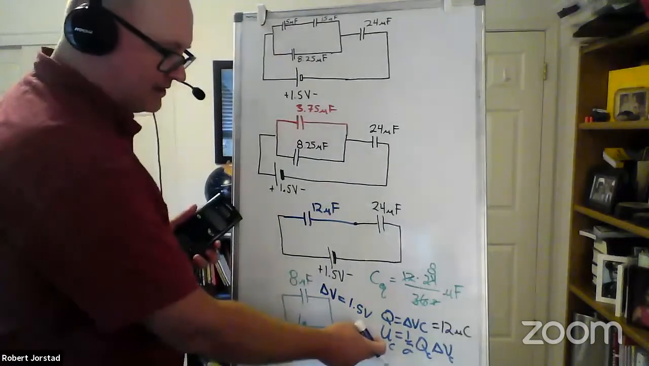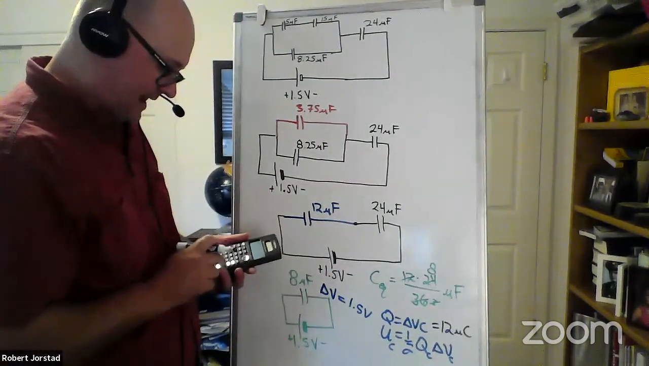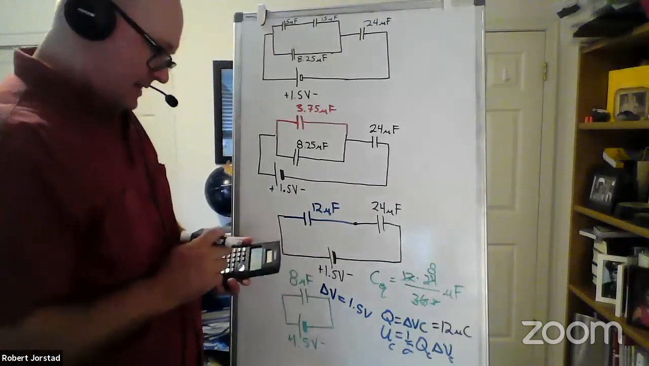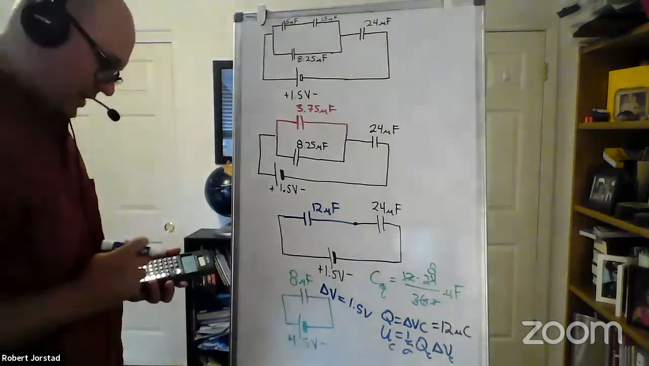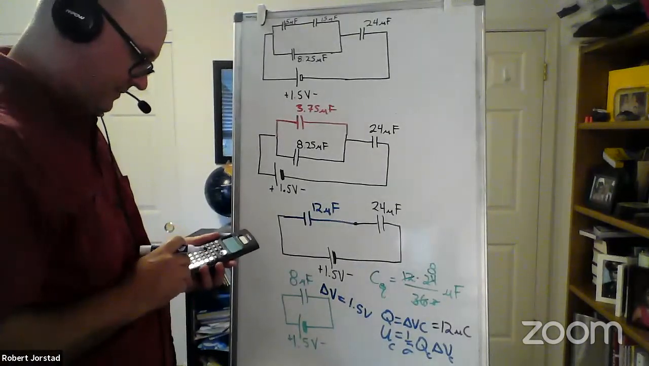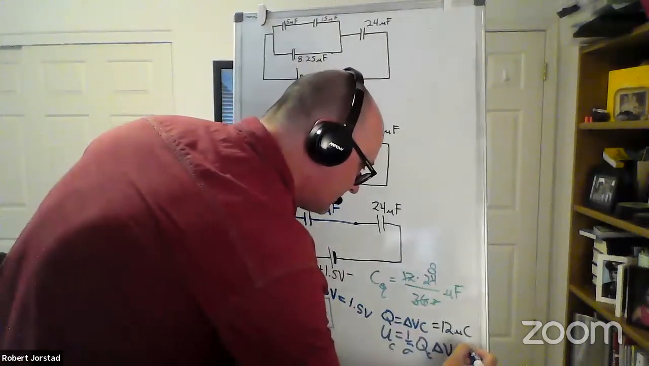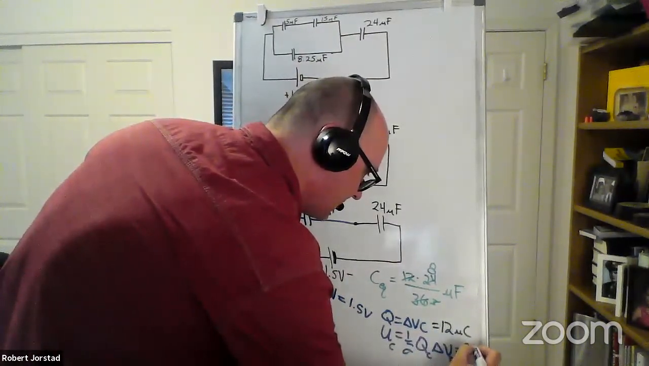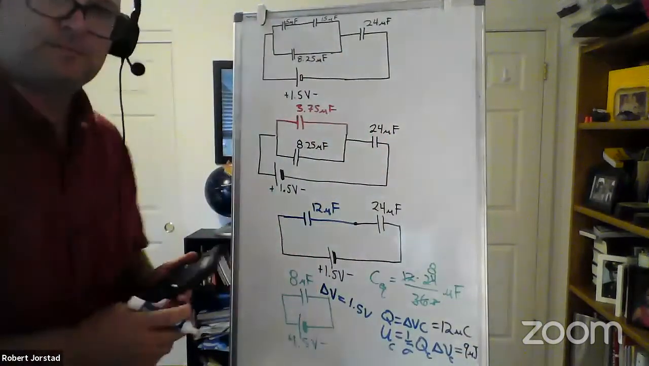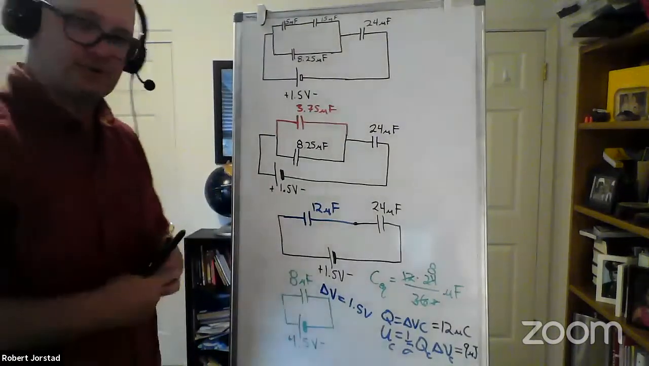Down here, the energy, I'm going to punch that in and see what I get. So I get 0.5 times the voltage, which is 1.5, times, what was the charge? 12 micros. So times 12. So I got 9 microjoules. Anybody else get those numbers? Hopefully you did. So that's the charge